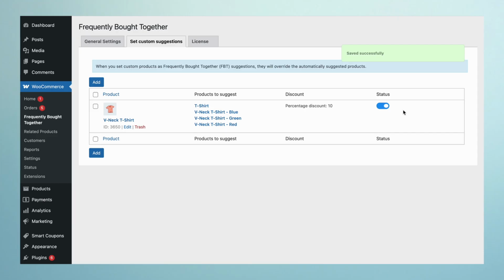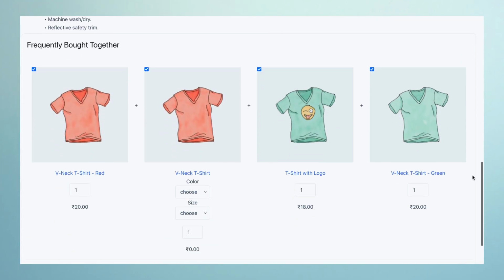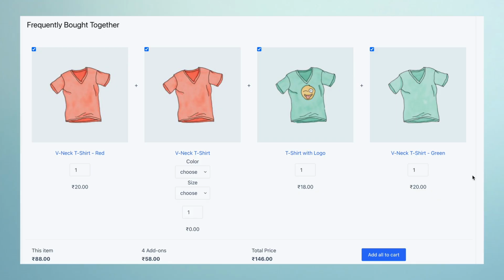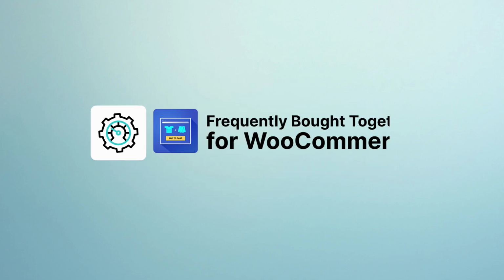That's it. You've now set up a custom frequently bought together bundle that overrides dynamic suggestions for this specific product. Whether you want to promote bestsellers, move slow stock, or simply create thoughtful combos, custom FBT is a powerful tool